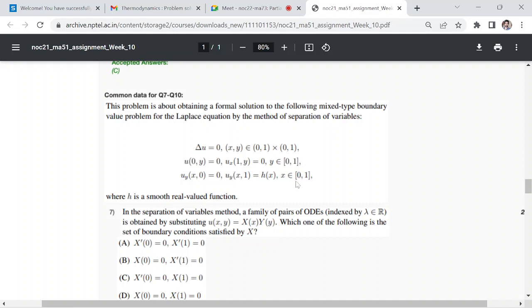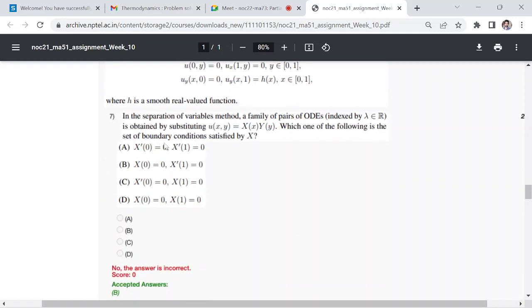The problem is about obtaining the formal solution of the mixed type boundary value problem for the Laplace equation. You have to find it by the method of separation of variable. The problem is given as Laplacian u is 0 together with a boundary condition of mixed type, meaning Dirichlet and Neumann both. u(0, y) is 0 and u(1, y) is 0, u_y(x, 0) is 0, u_y(x, 1) is h(x), where x and y lie between the closed interval 0 and 1,